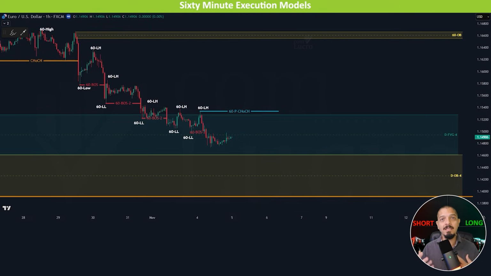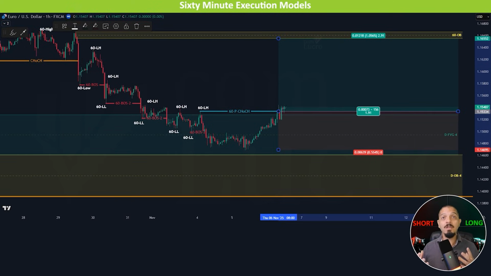Since price has already tapped the daily fair value gap, we will now wait for a confirmed change of character to the upside on the 60-minute chart as a condition to open a long position. Once this shift is validated, we enter the trade, placing the stop loss below the swing low that forms the change of character. The target, once again, is the 60-minute order block that caused the last bearish change of character,